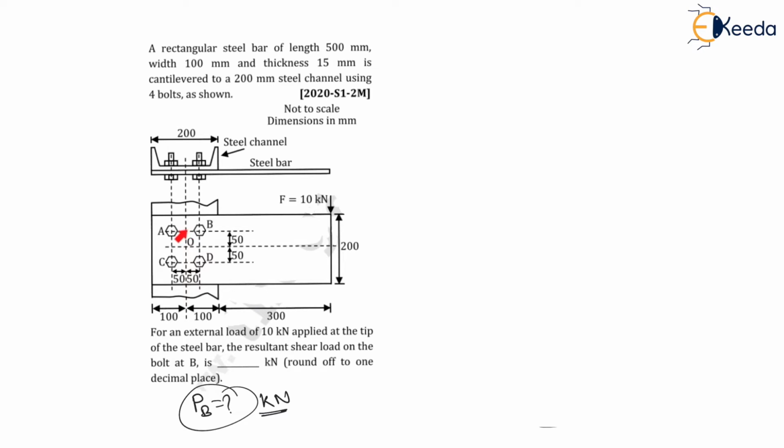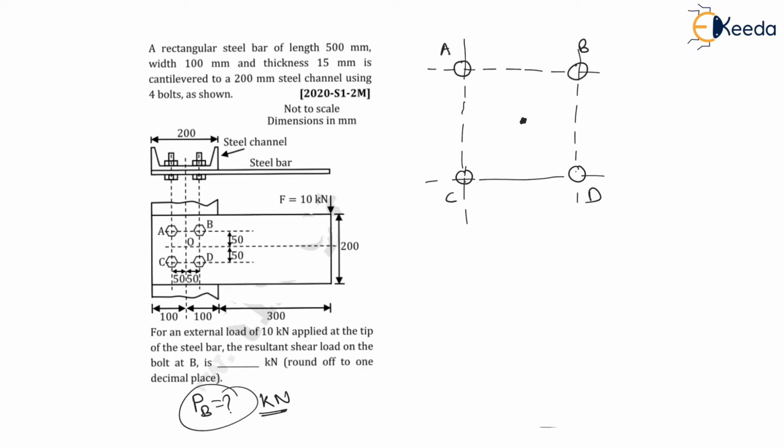Now my dear students, as these 4 bolts are shown, let us draw these 4 bolts. Right. Here there will be a bolt A. At some distance from A there will be a bolt B, right? Then there will be a bolt C somewhere here and bolt D, right? These are the 4 bolts A, B, C, D. Now the exact center of all the bolts is at O. Let us mark this O, right? Here whatever may be the distances given, I am representing them here. The exact center is at O, right?